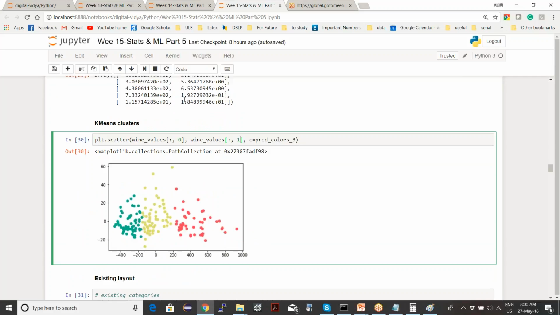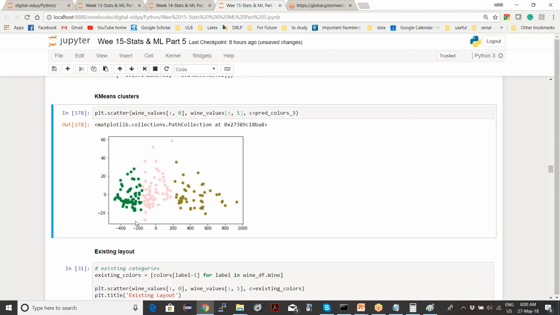Now, because it is 2 dimensions, you can visualize it. So now, if you remember, we divided into 3 clusters, and this is the visualization of these 3 clusters. And now it looks okay. This is one group, this is one group, this is one group. So it's a good grouping.